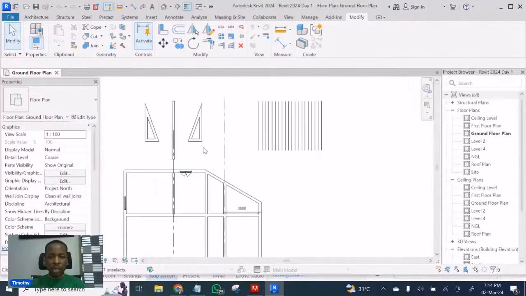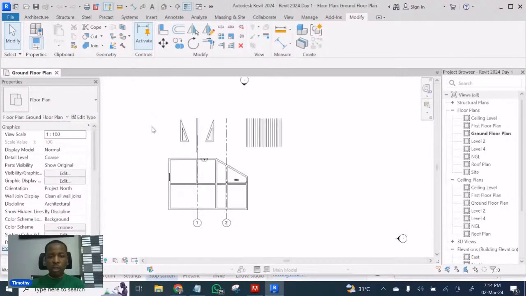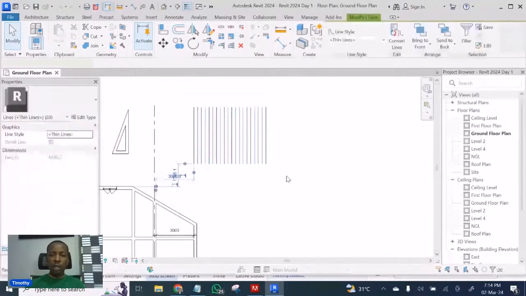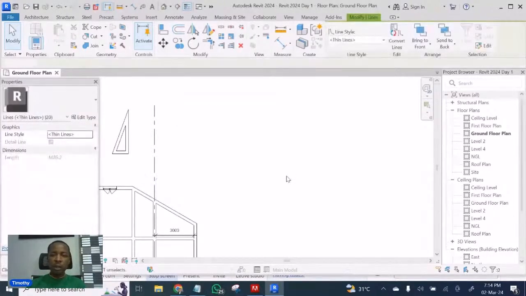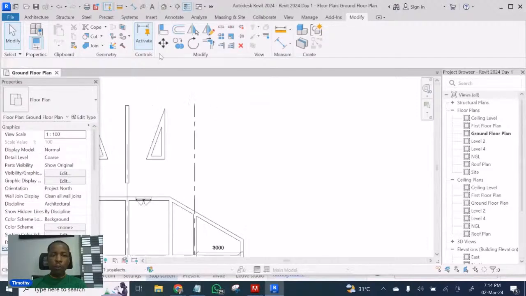In the last training, that was where we dealt with Mirror and the rest of them. And this is where we're talking about Array. But today, let's go further a little bit. Let's deal with some tools. And I want us to work on these